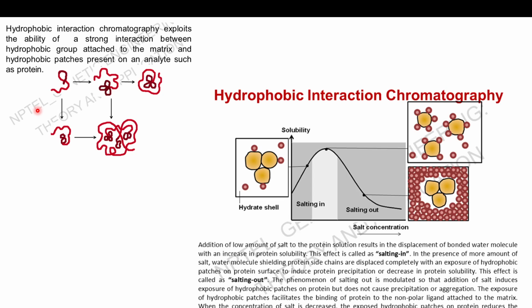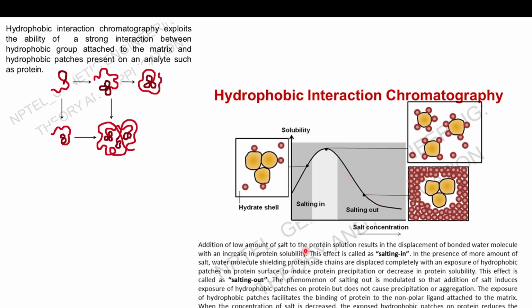Okay. So then finally we have hydrophobic interaction chromatography, which exploits the strong interaction between hydrophobic groups attached to the matrix and hydrophobic patches present on a sample such as a protein, right? And that is what I was talking about, like salting out and salting in. You basically add salts to reduce the interaction of the protein with your solvent or surrounding medium, and then you slowly increase the salt concentration, see here. And as you increase the salt concentration,